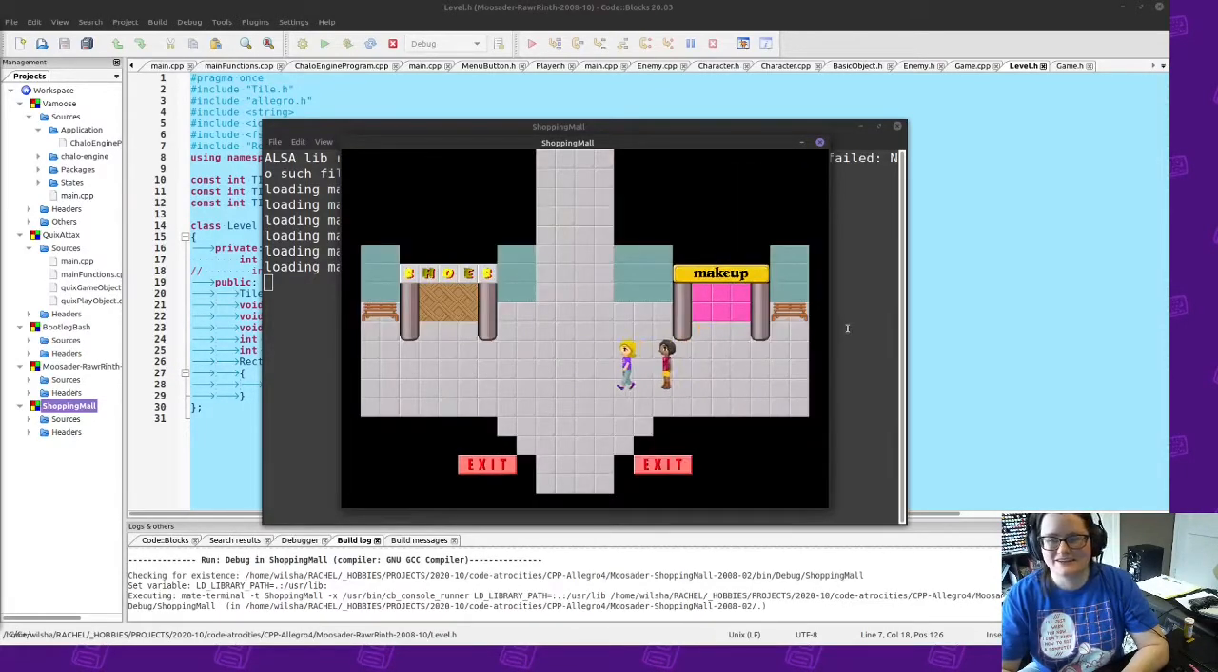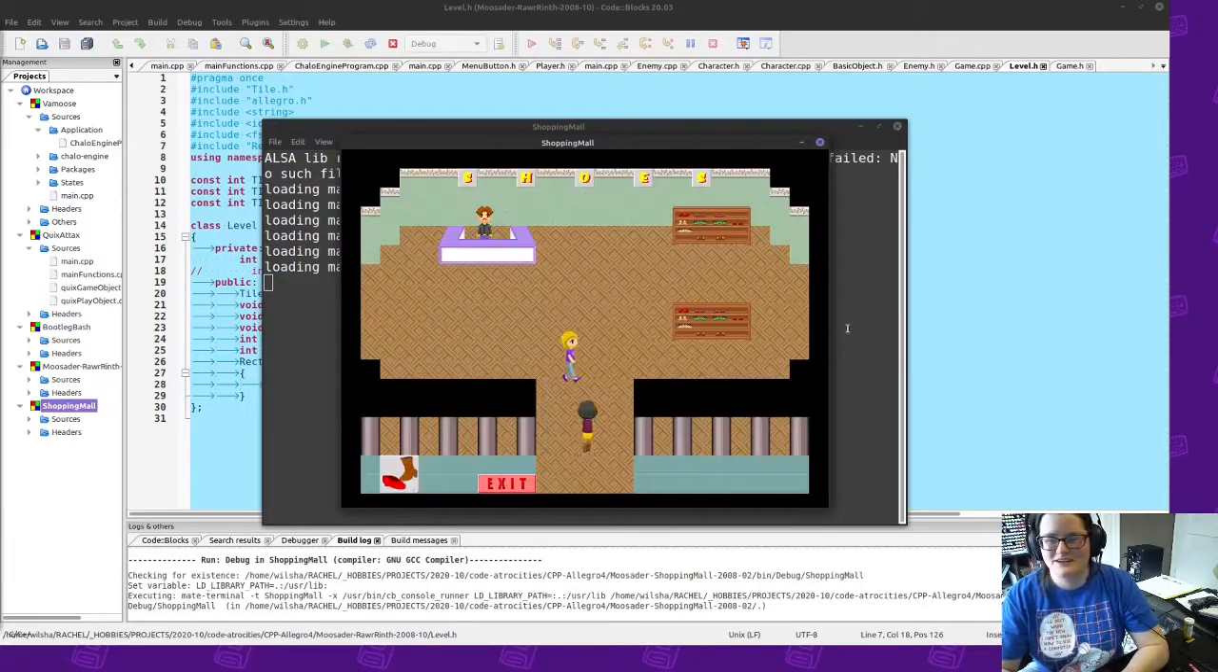So it's just like, you can go around, you can run into the shelves to get new shoes. I might improve